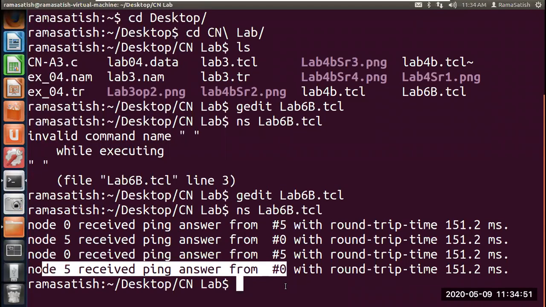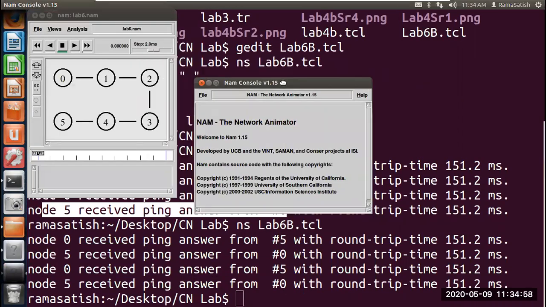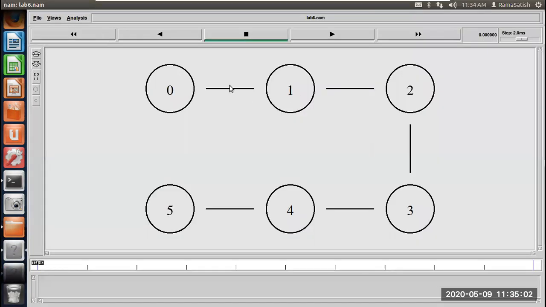So now I just run it again and hold the snapshot of this program, and this will certainly help me while I'm